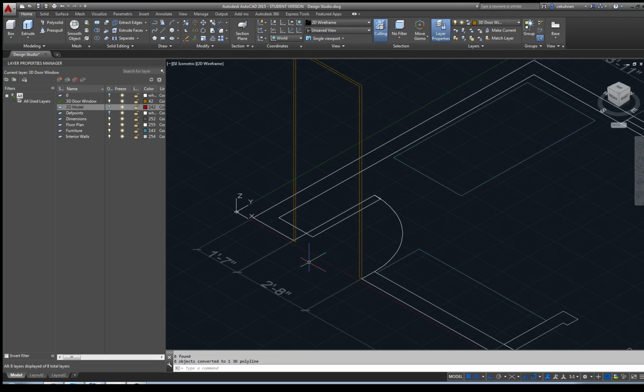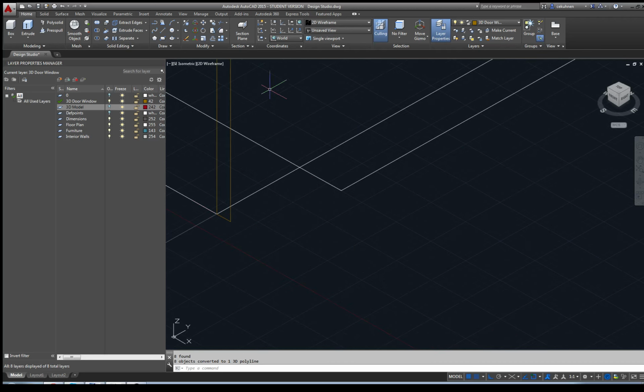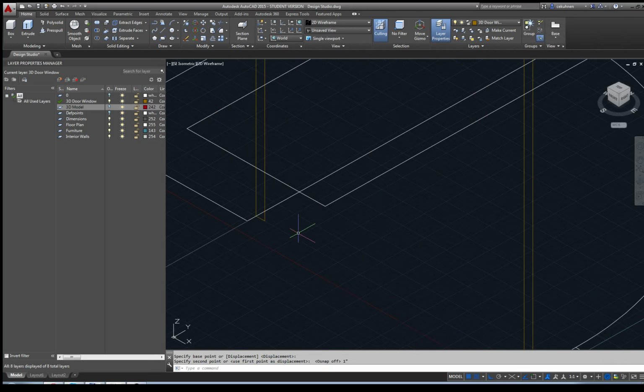So you see I started drawing just at corner points. It's easy to snap to. This frame should be 4 inches deep. My wall is 6 inches deep. So I actually have to move this outline 1 inch into my wall. So I could go to move this object, spacebar, this point, this direction, maybe turn off snap, 1 inch, enter,